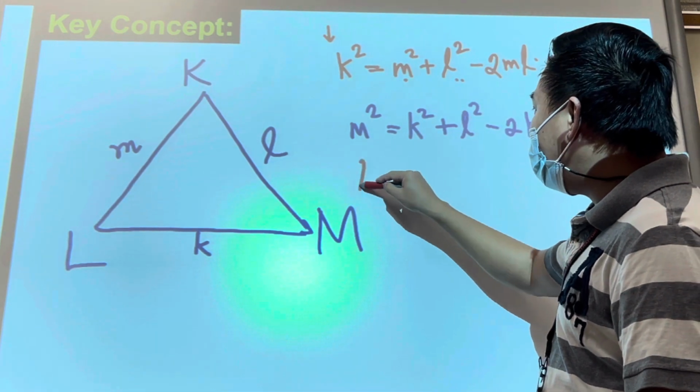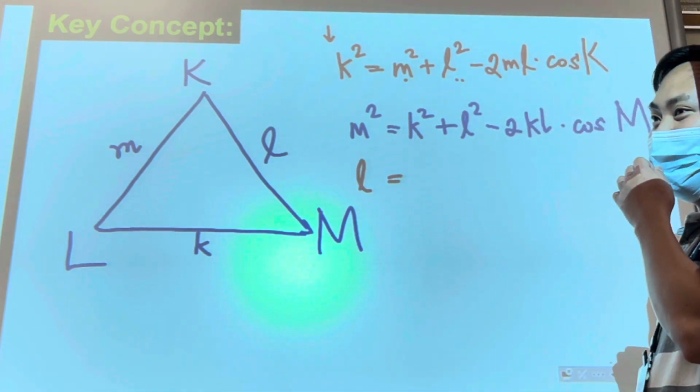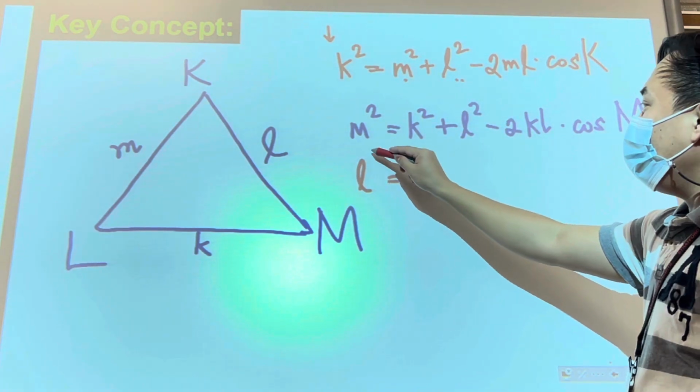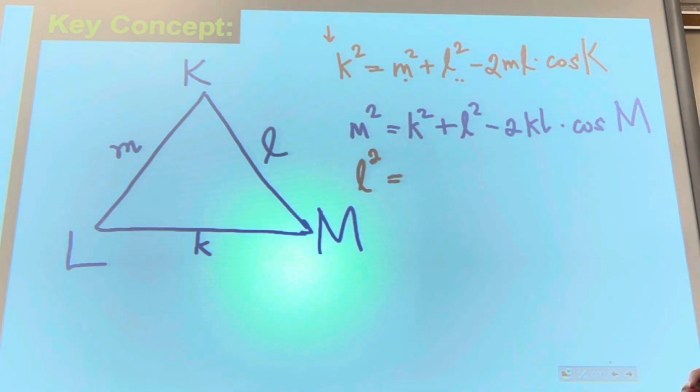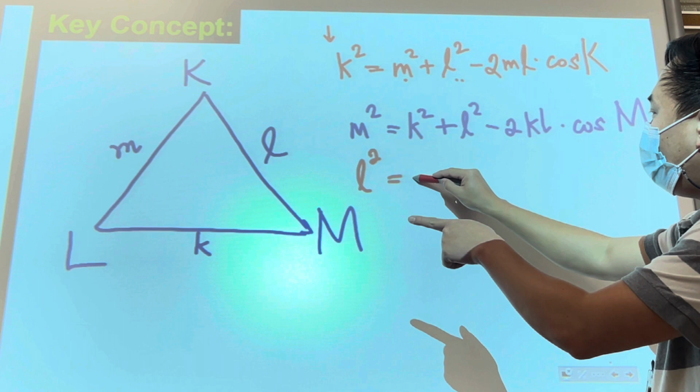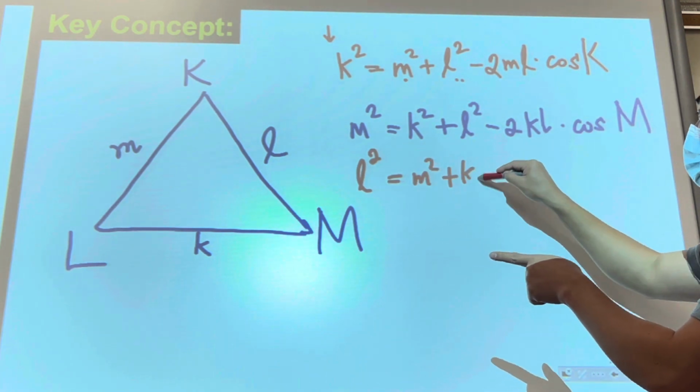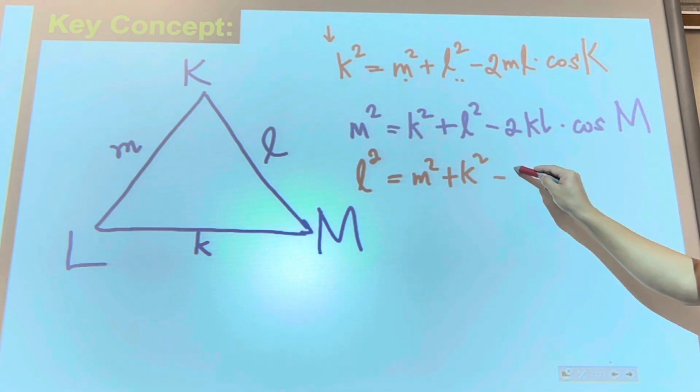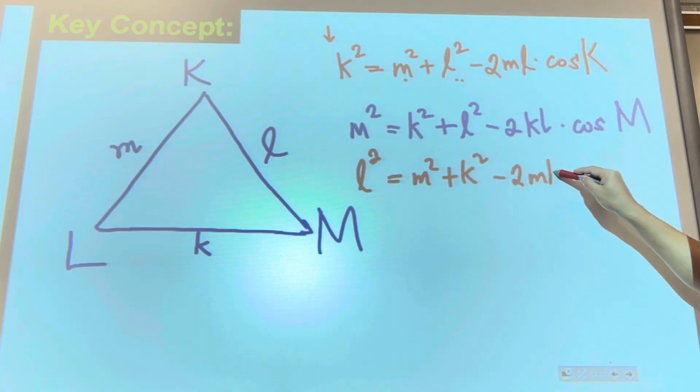Okay, one more. How about for L? Exact same thing. L squared will be M squared plus K squared minus 2MK,